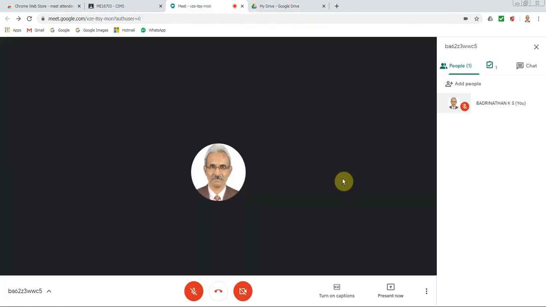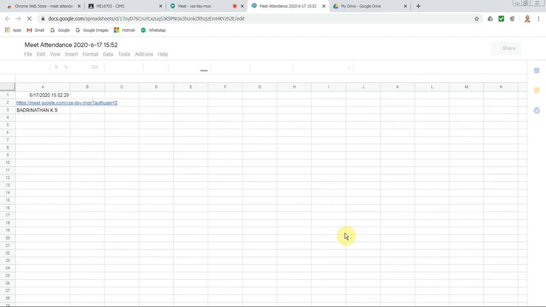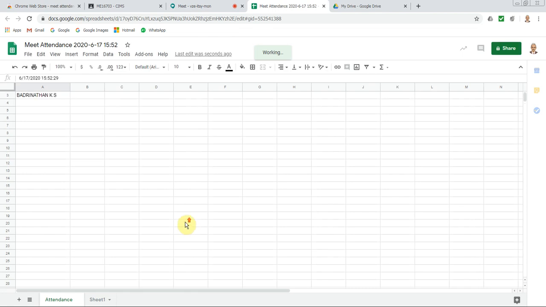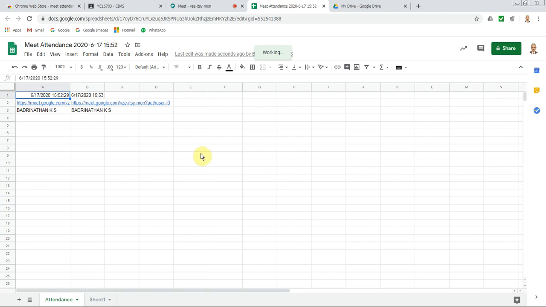Maybe after 5 minutes I want to again take an attendance. Now come back here, switch it off, switch it on, again click here. So this was taken at 15:52, this is taken at 15:53. So there are two attendances here.